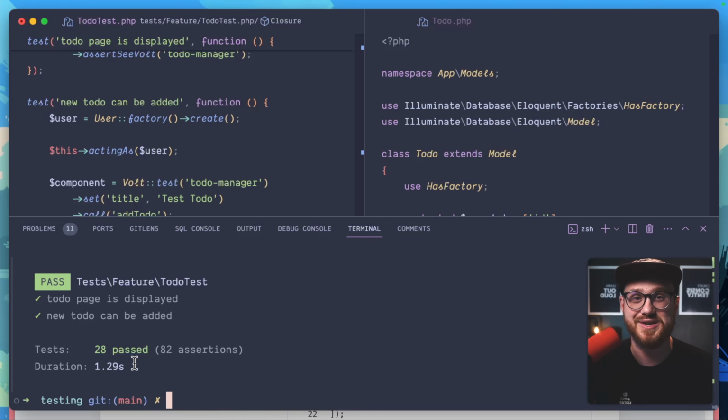It is very satisfying to see that green flash across the screen where we now have a to-do page can be displayed. We should probably call this to-do component can be displayed because that's what we're calling technically. And then a new to-do can be added. Well, thank you for joining me and writing our first test together. You can see how something like testing can be incredibly useful. And I know that those of you watching this have probably written a test before and you're not like me,